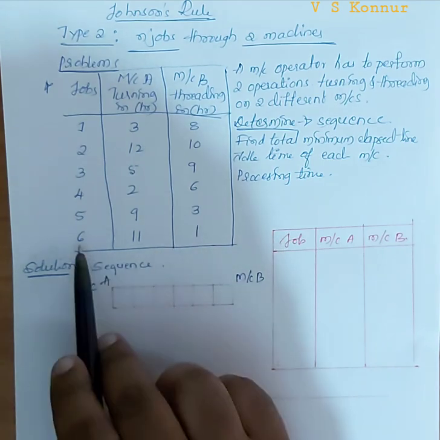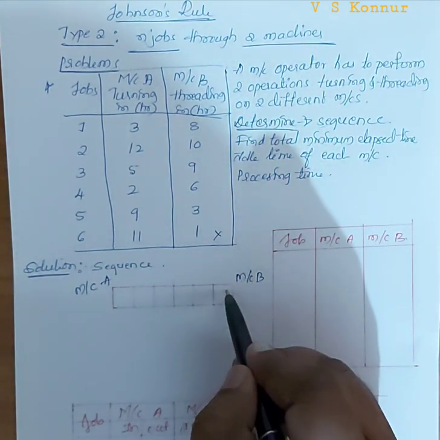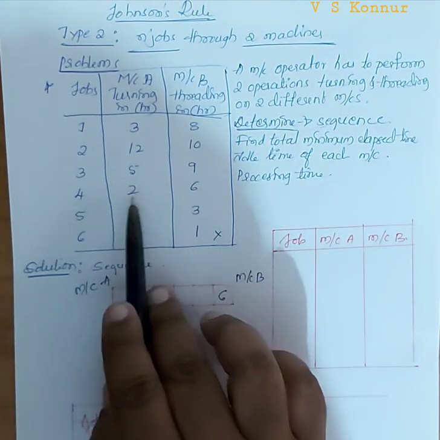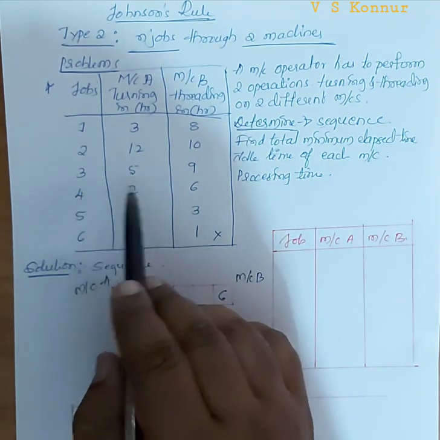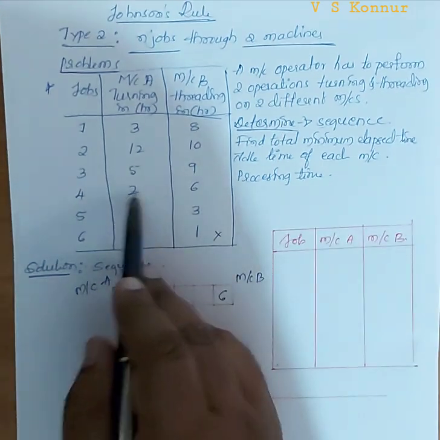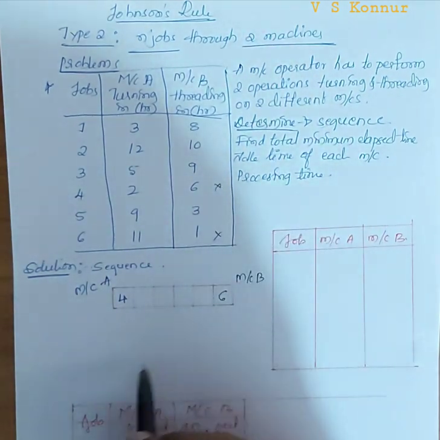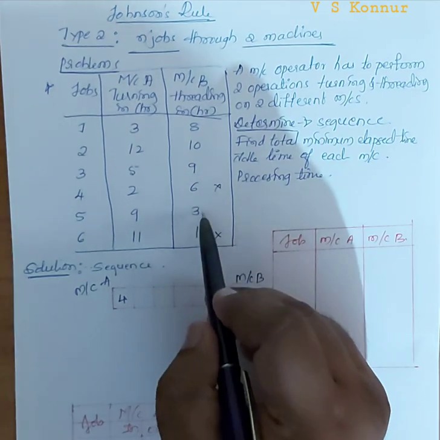1 is the least, it is having job 6. Just cross it after completion. I will write 6 here. Then comparing both sides, 3, here it is 2. 2 is the least and it is at machine A, for the 4th job. So cross it. Once you have taken a job, no need to take it a second or third time. Then go for the third one.